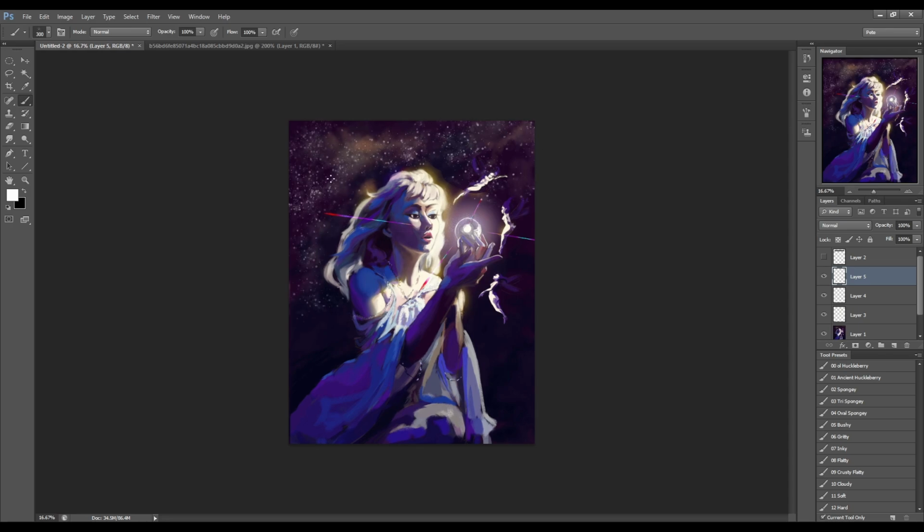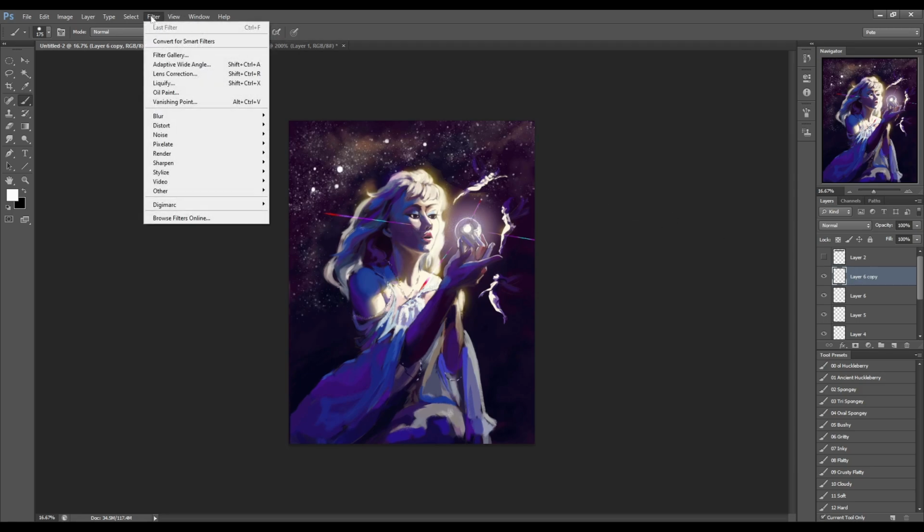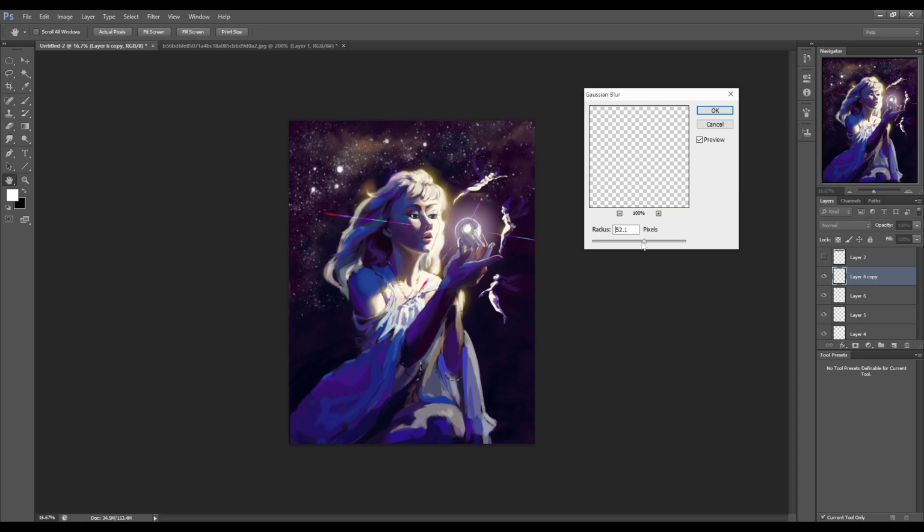But I want to have some bigger stars that are glowing. You can make some pinpoints, and then you make a copy of that and you blur it to be able to add a little bit of glow automatically to stuff.